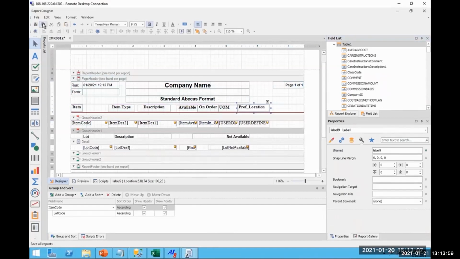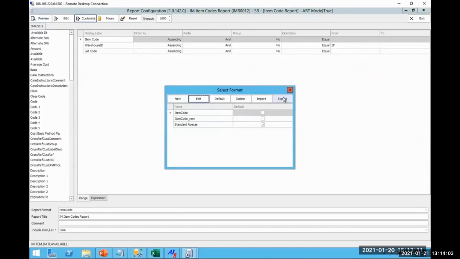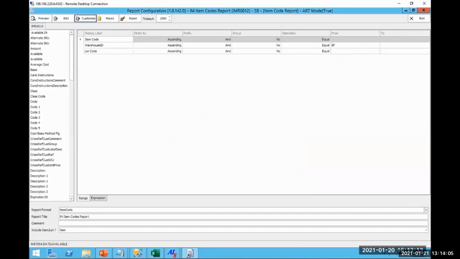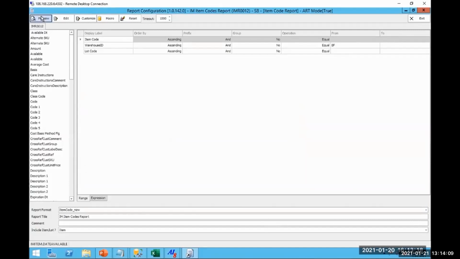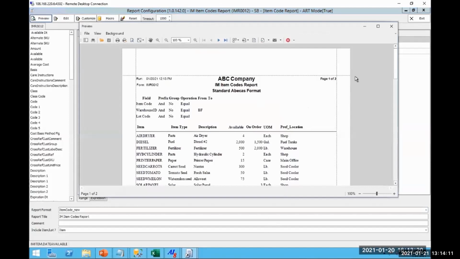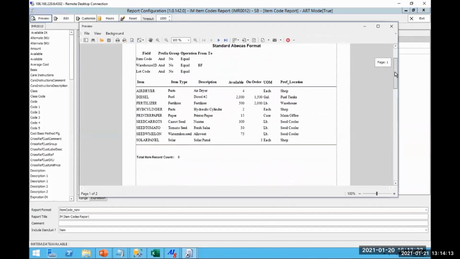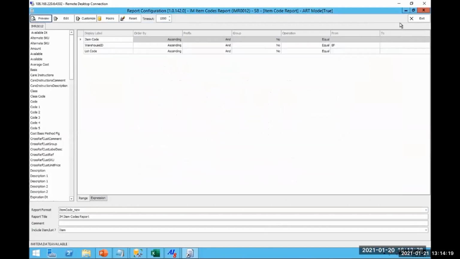So now we'll save that, come out, find that report here, and preview it. And there it is. Now we have our unit of measure and our preferred location. So now I'm going to come out of here,